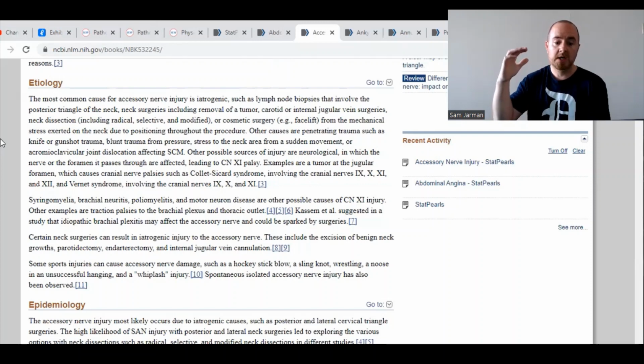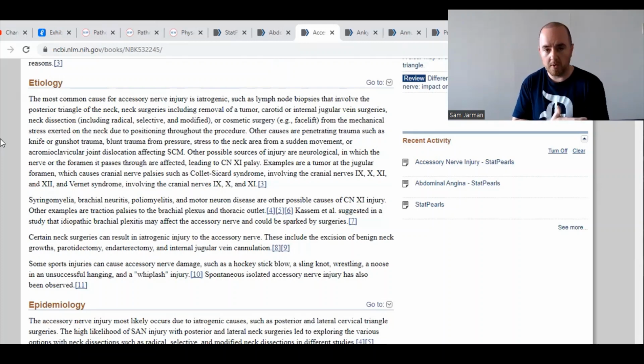Okay, so what you can see is that there is trauma during medical procedures that is causing either dissection or stretch to cranial nerve 11 or the accessory nerve, or there is very, very quick, abrupt stress, or possibly the occlusion of a foramen, usually by a tumor. You're not necessarily going to be able to accurately or meaningfully identify a tumor, and you're not going to be the person,